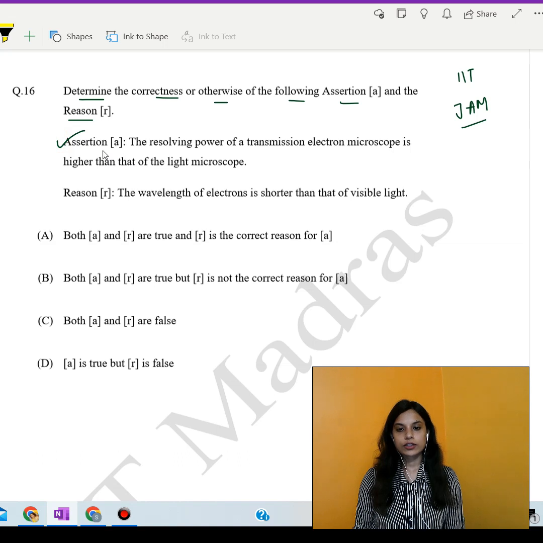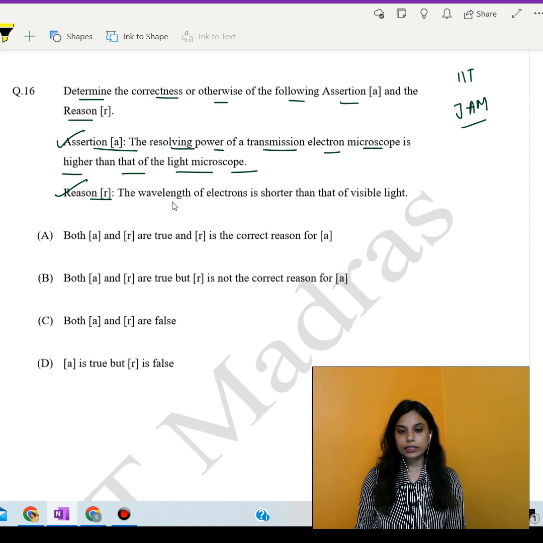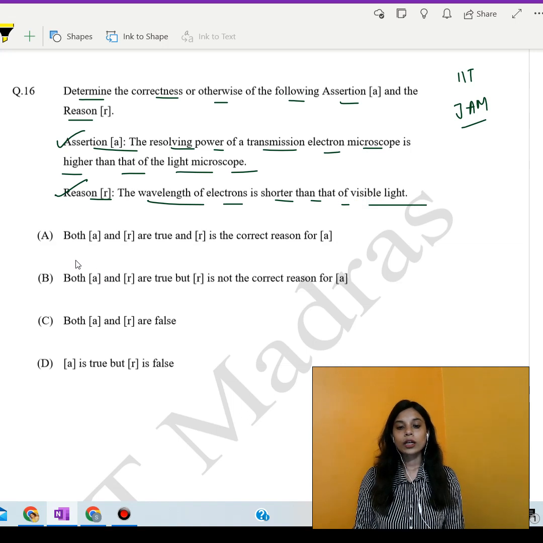So here the assertion says the resolving power of a transmission electron microscope is higher than that of the light microscope, and the reason along with this says the wavelength of electrons is shorter than that of the visible light. So we need to see whether both of them are correct and whether the reason is correct for the assertion or not,